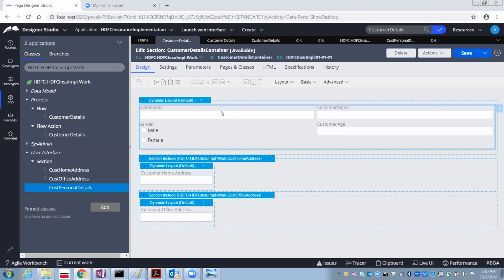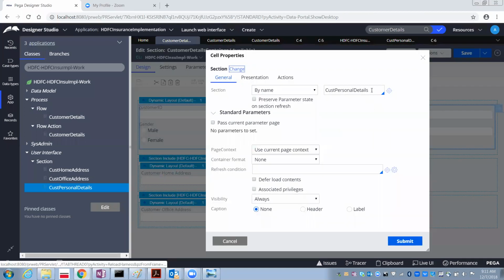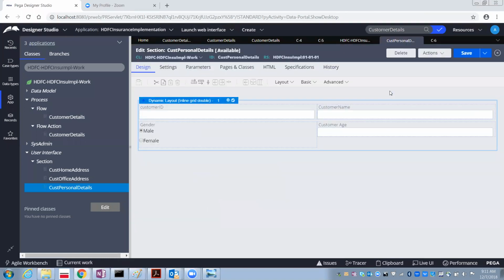for which property I want to apply it, first you go to that section. Right now I am in the container section, but instead of doing it from the container section, first go to that section. So what is the section name? You can go from here, view properties, or you can just double click on this layout. It will open the layout properties, then go to that particular section. This is the customer details.